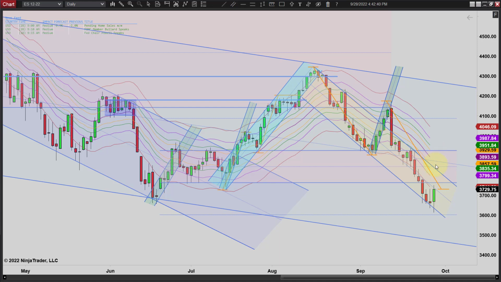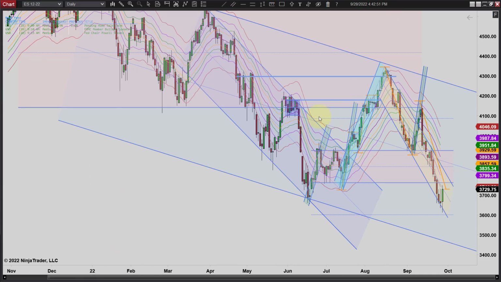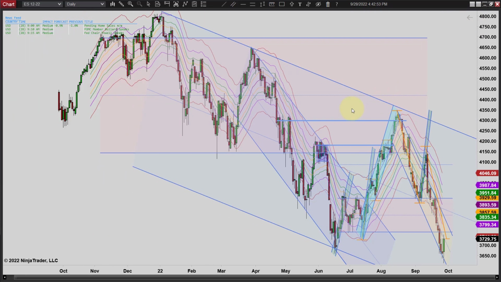And how big a rally, we don't know, because I never expected this rally either, but we had it. You'll see that in bear markets. So I believe we're in a bear. If you look at this, I think it'd be hard to argue we're not in a bear market now.